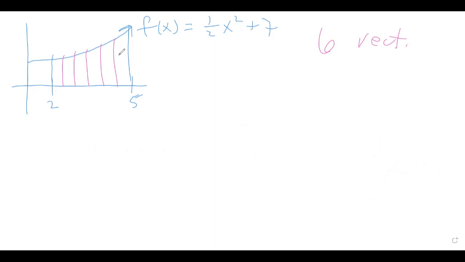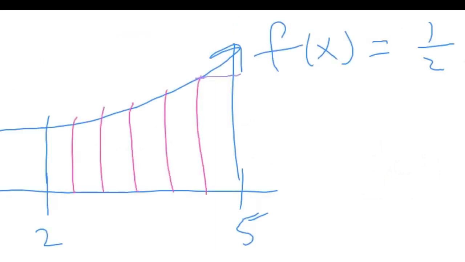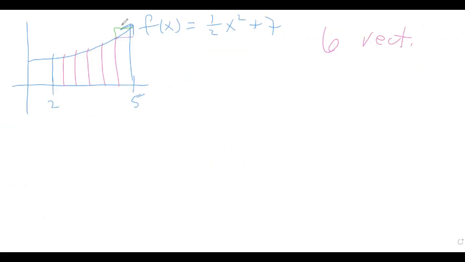Here we have 6 regions, but we have to draw the rectangles. For that, I have a question for you. Should I go purple or should I go green? The purple and the green could each represent the height of this last rectangle. So how do I know which one it is? Well, the directions have to tell you. So in the directions, let's say that they say